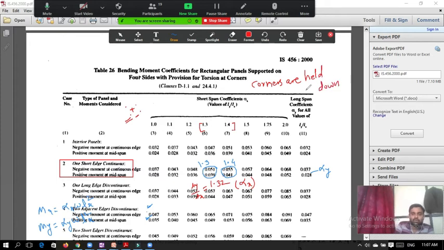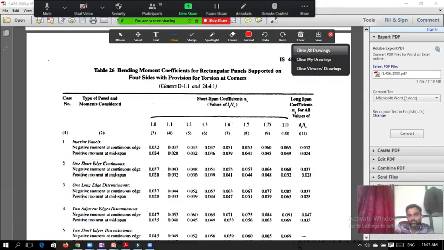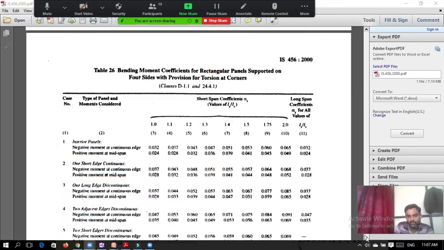If it is not mentioned that corners are held down, or if they didn't give anything regarding distortion, then you can assume that this is simply supported, and you can go for the other table. So this is for corners held down, and